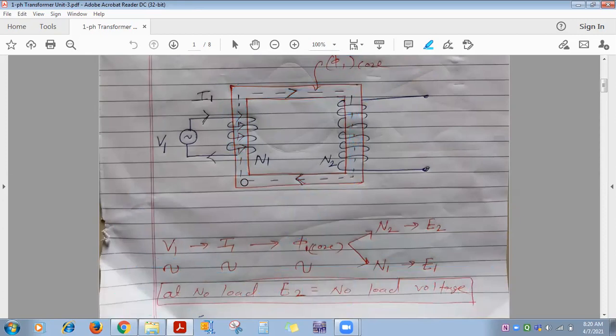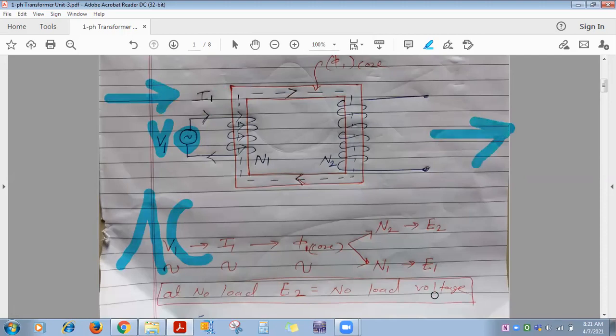Now here see, this is the silicon steel magnetic core, and on it the primary winding is wound, and the secondary winding. Primary is the one across which we give input. So this one is the V1. I told you, the transformer works only on AC. Single phase AC power is the input. Single phase AC power is the output. It doesn't work on DC. If you apply DC, what happens? That also we'll see soon.